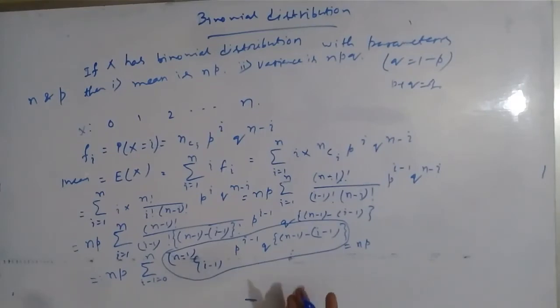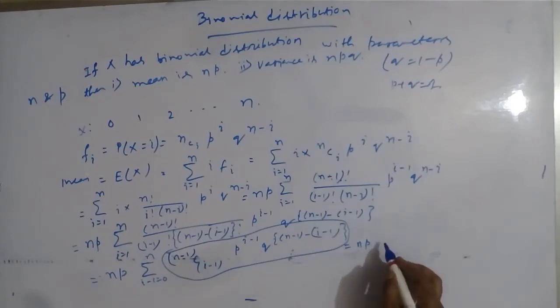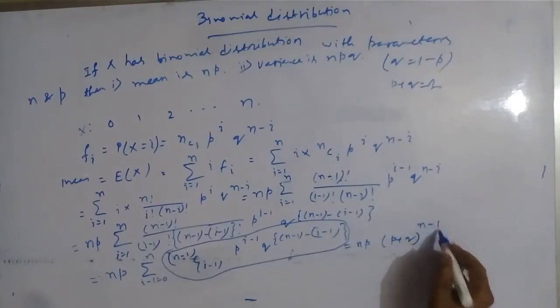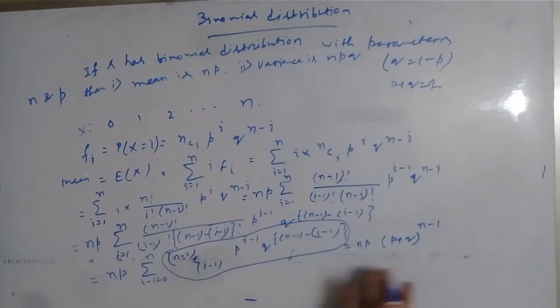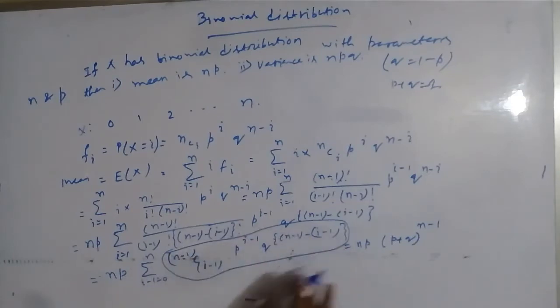Now the summation of all these types of terms will be written as (p plus q) whole to the power n minus 1, the binomial expansion of this, in summation form. And we know that the value of p plus q is 1, so it will be np. So the mean of the binomial distribution is np. Now I will find